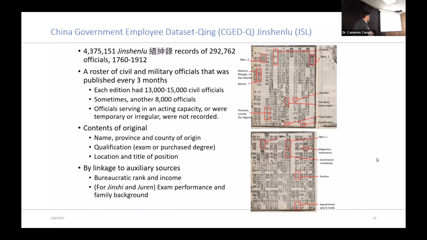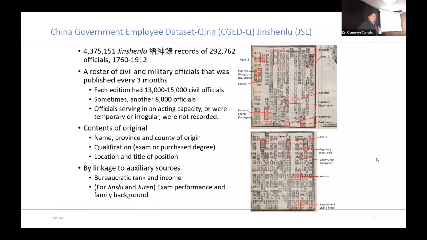And so these data don't have officials that were acting in an acting capacity, people that had irregular appointments, the equivalent of contract workers or adjuncts and so forth. For each of these officials, we have their name, province, and county of origin,